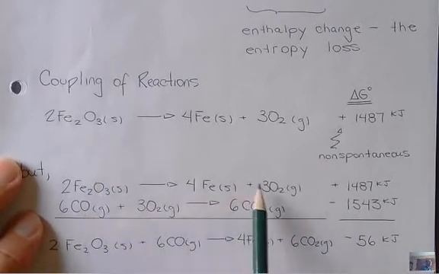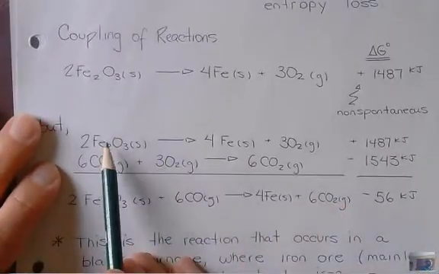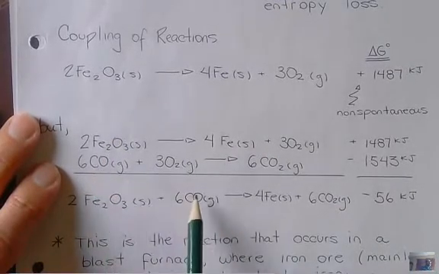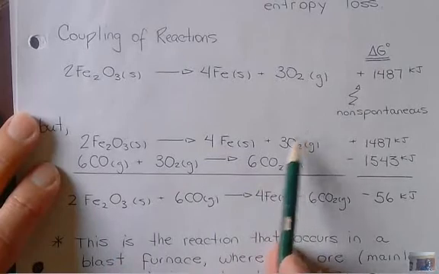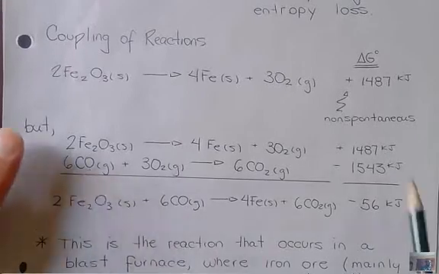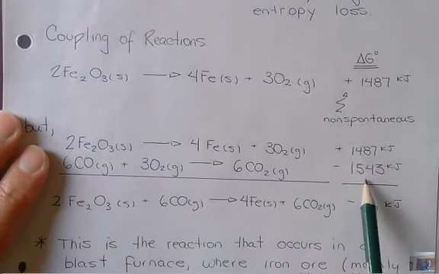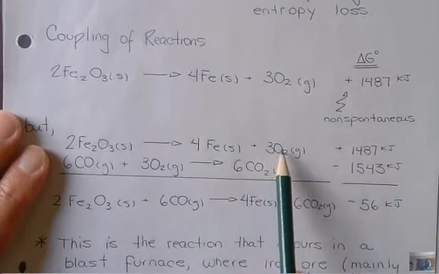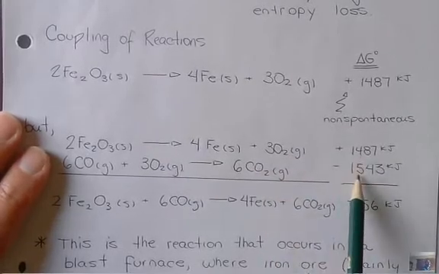Okay? All right, put everything in, cancel these 2 out, and nothing else cancels out but the oxygens. So I wind up with 2 iron oxides, 6 carbon monoxides, go to 4 irons, and 6 carbon dioxide, right? These 2 guys are gone. Okay, what do you do to chemical reactions when you add up their reaction? You add up their thermodynamic quantities. So just like you would do with delta H, you do the same thing, right? If these were individual delta H's like Hess's law in Chem 1, you could do the same thing with delta S types of reactions or delta G types of reactions, which we have here. So put this guy and this guy together, sum them up,